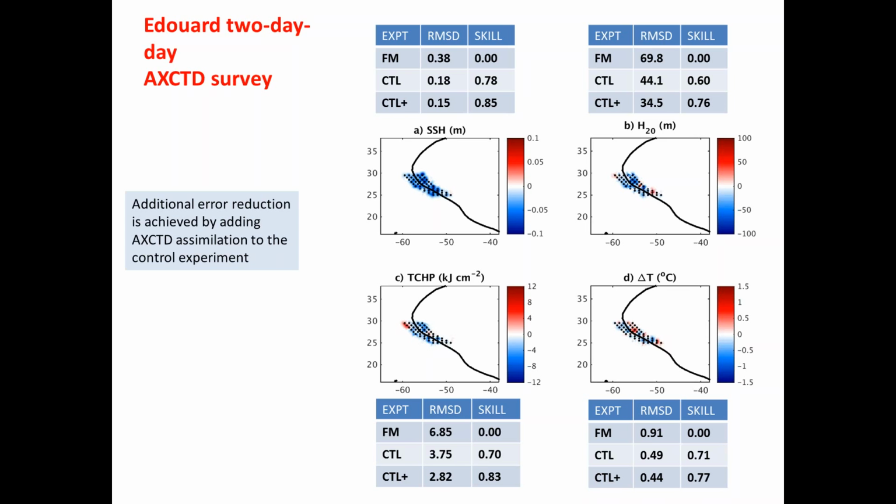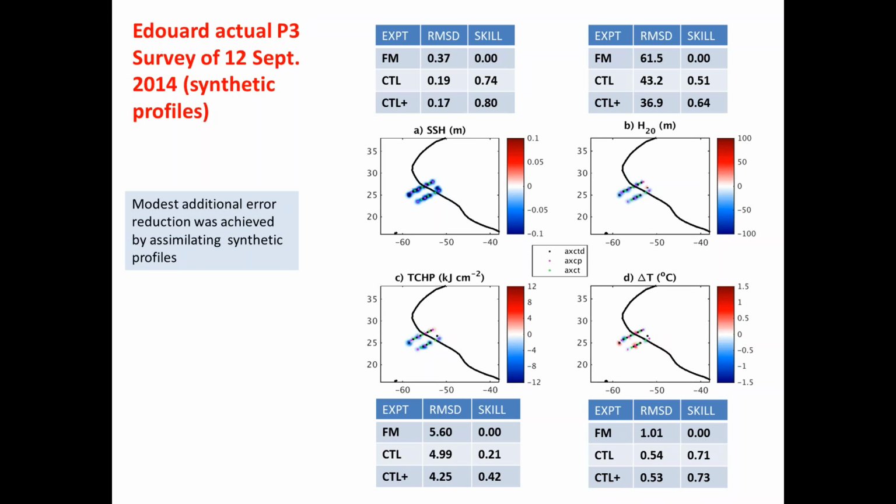Same for a 2-day survey. In Edouard, there was an actual P3 survey ahead of the storm conducted on about 12 September 2014. And so what I did was sample the same instruments used on that survey from the nature run and ran an OSSE comparison on the type of